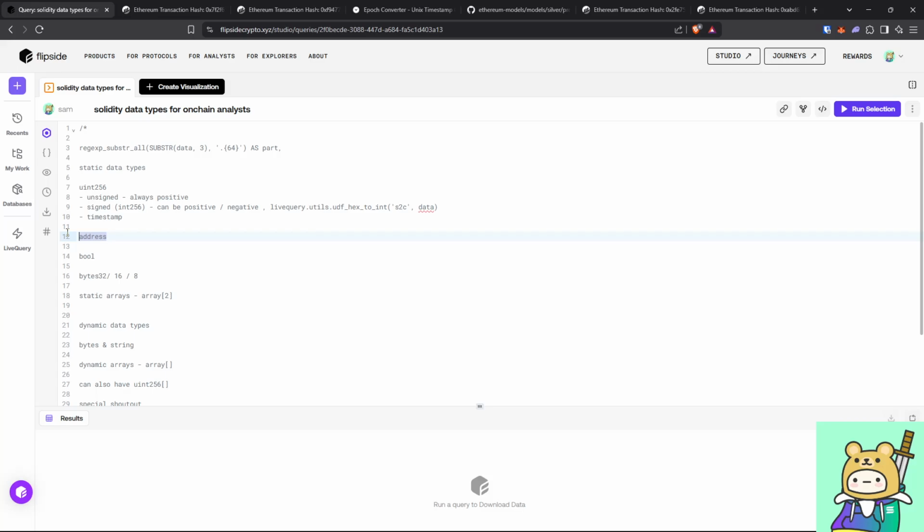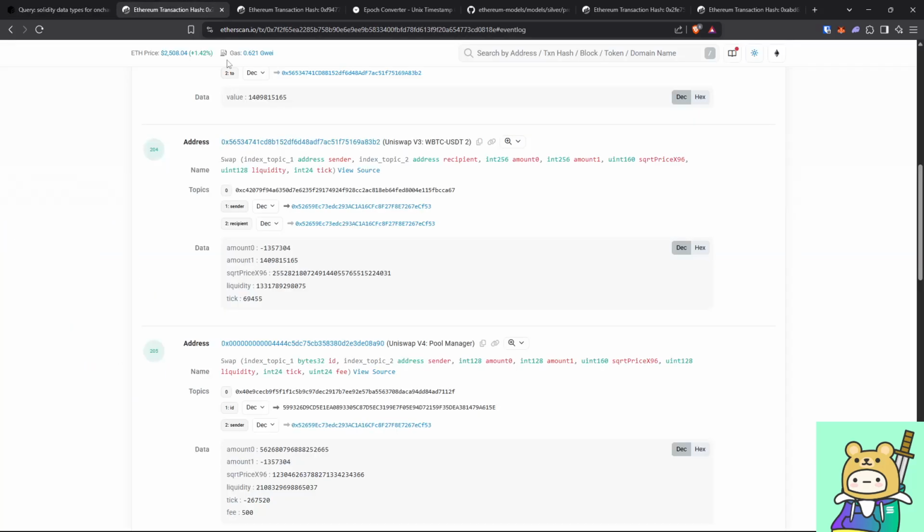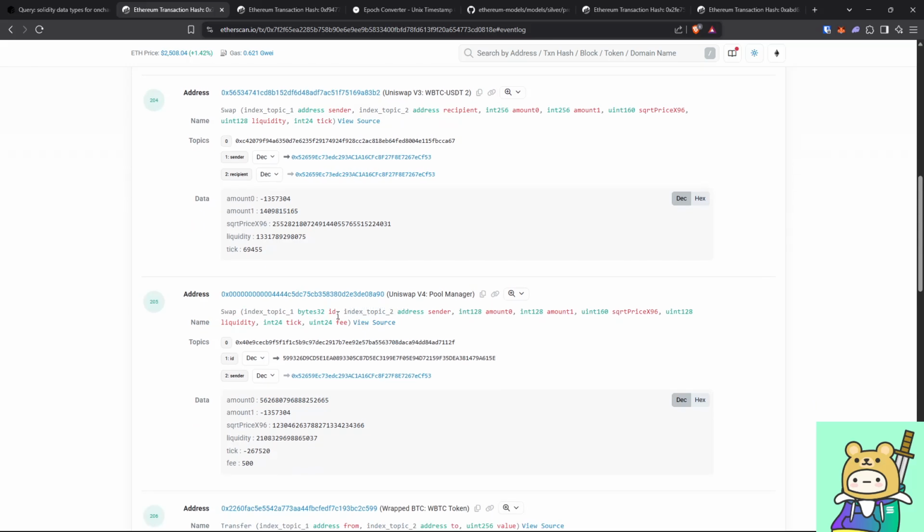Okay. Next one is address. Address is pretty unique to blockchain data, where in EVM the length is 20 bytes, and 20 bytes means 40 characters long, right? Because 1 byte can be represented by 2 characters, so you times 2 to get the length of the characters. So if you count this